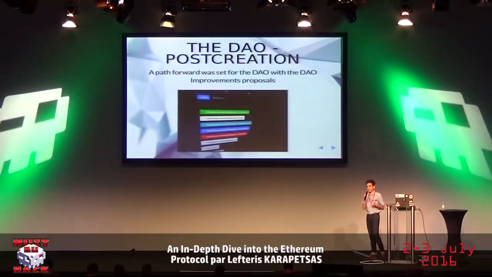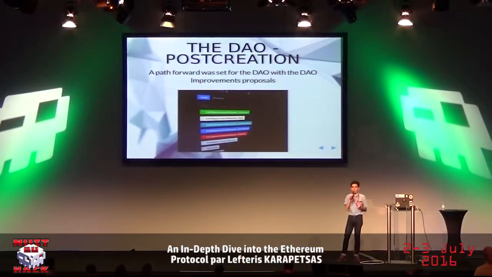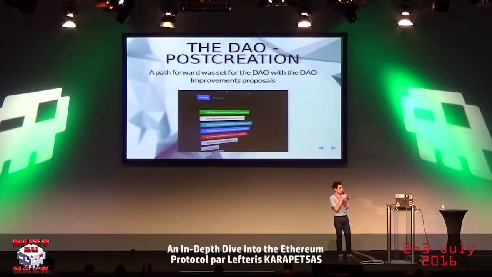We also introduced a method through which the community could make decisions on how the DAO should be improved, so the DAO improvement requests. If any of you are familiar with Python, for example the PEP, Python enhancement proposals, this is something similar, so that a community member can essentially say what he would like to see different, why this new feature that he would like to see implemented is needed, and maybe also make an example pull request, and then the community has to vote and see if this feature should be in the DAO. So everything was going well